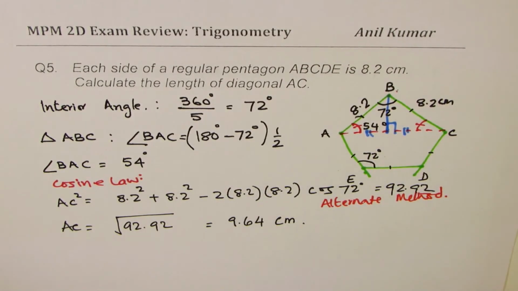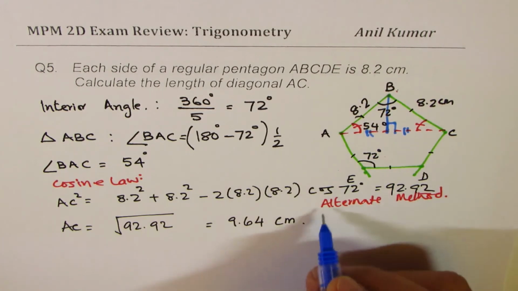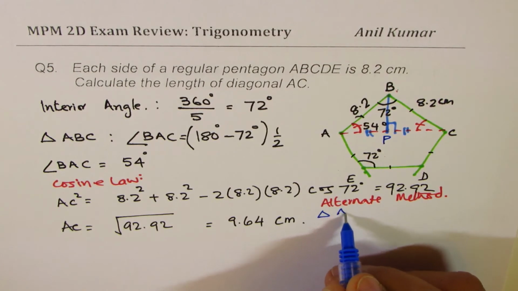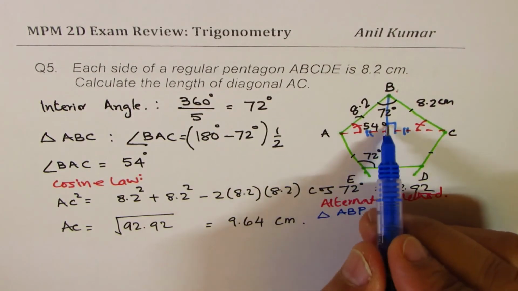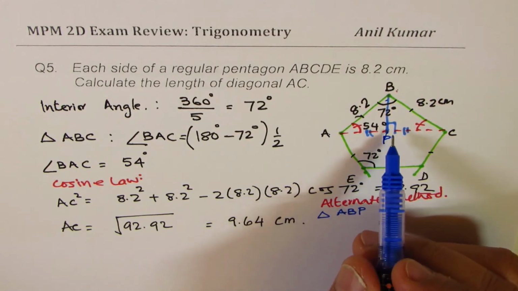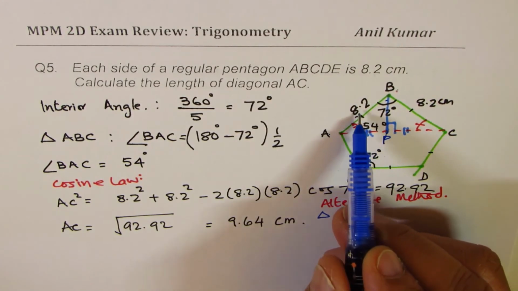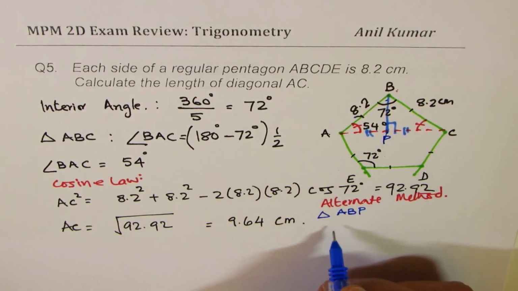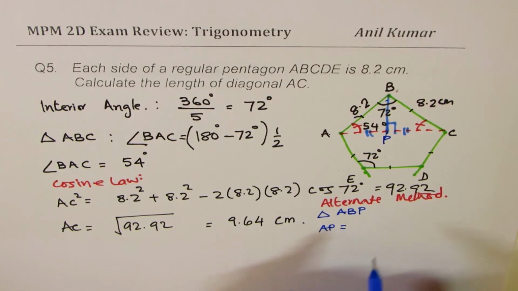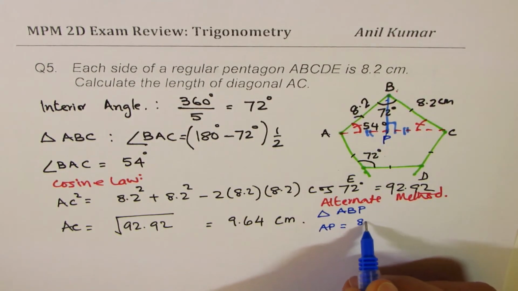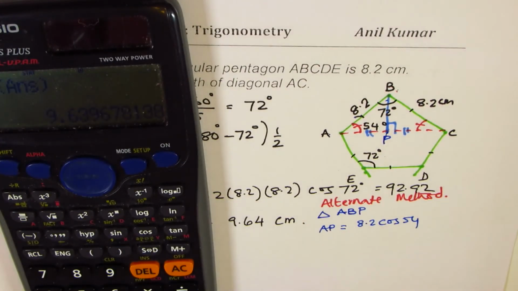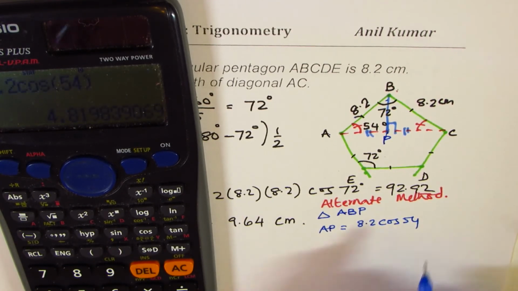So what we will do here is, we'll consider the triangle, let's call this P, right? So we have triangle ABP. Now in this particular triangle, AP could be found, since we know the angle of 54 and hypotenuse of 8.2, right? So AP is equal to 8.2 times cos of 54. Is it okay? So that is what it is. So let's do 8.2 cos of 54 degrees is equal to